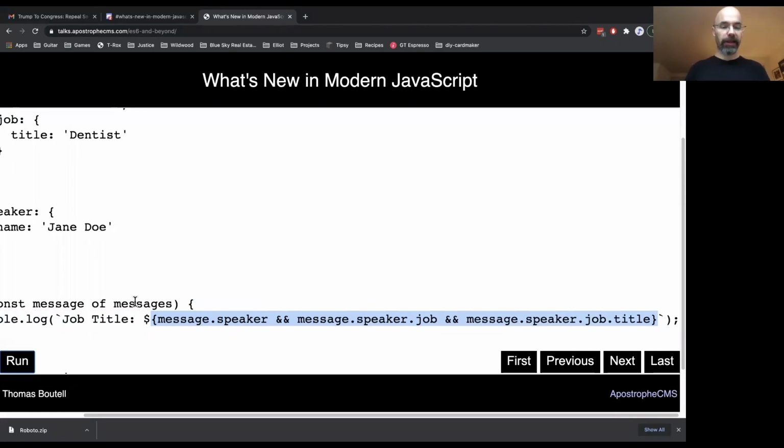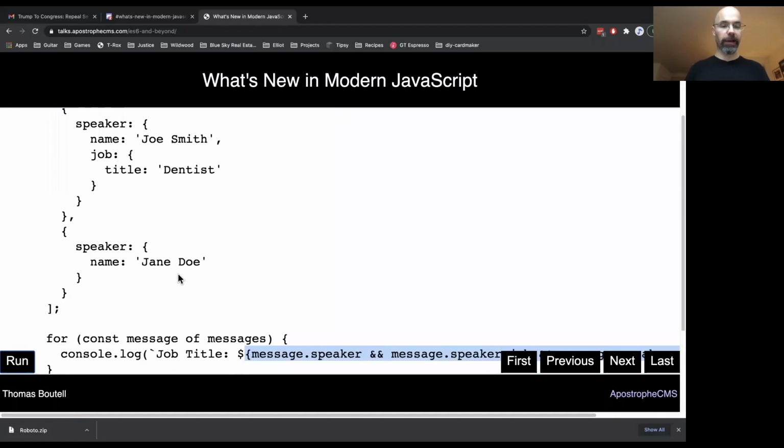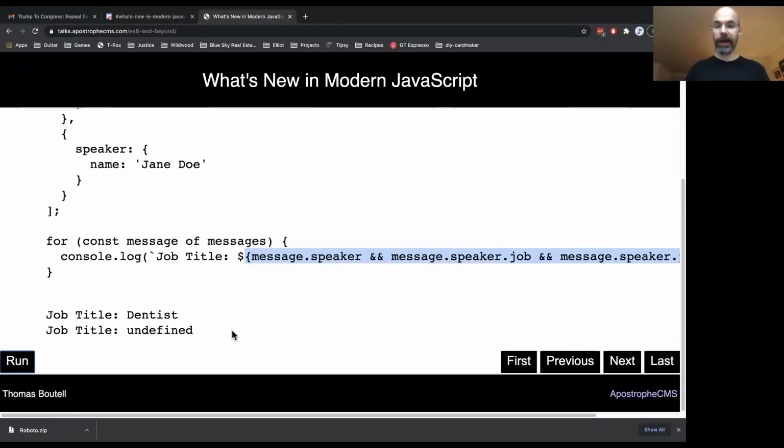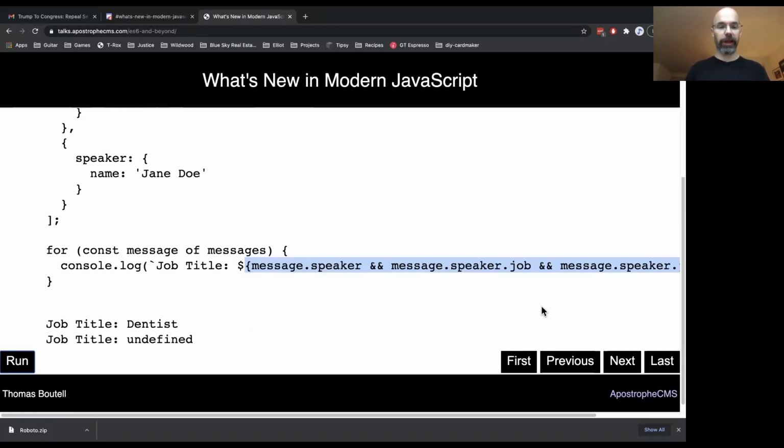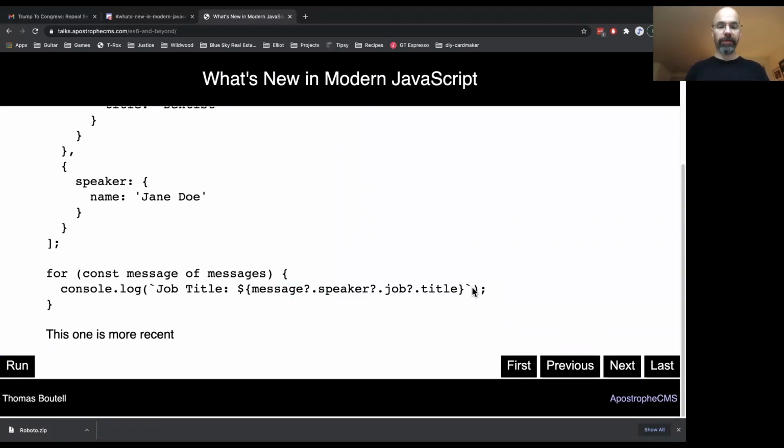But it is still tedious to have to write this chain like this. And you see how I made this work for my two cases here without crashing. Undefined is correct. There is no job title for the second person. But now let's look at making this more elegant in modern JavaScript. We can now write